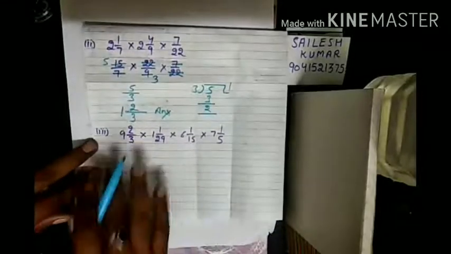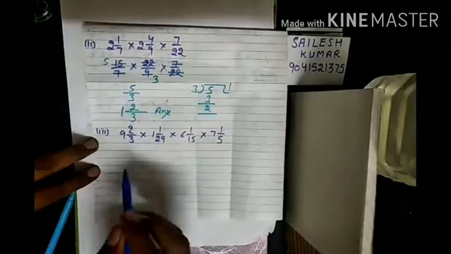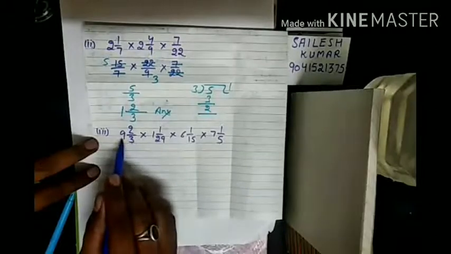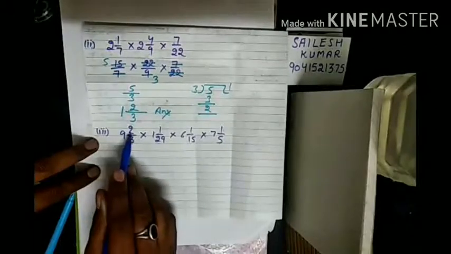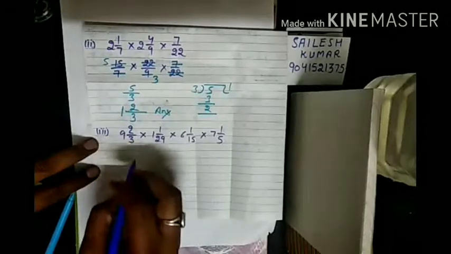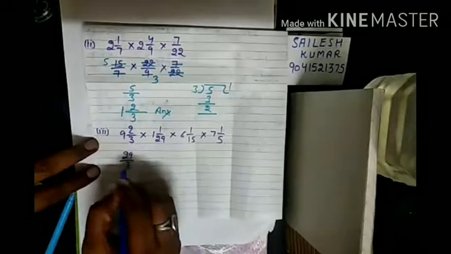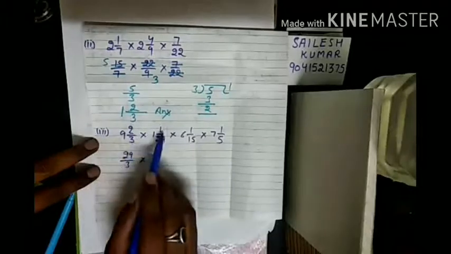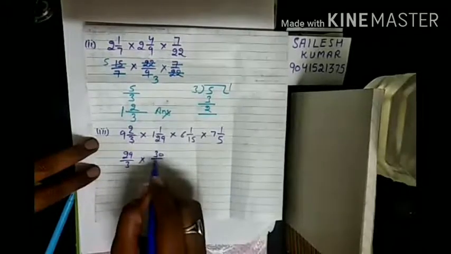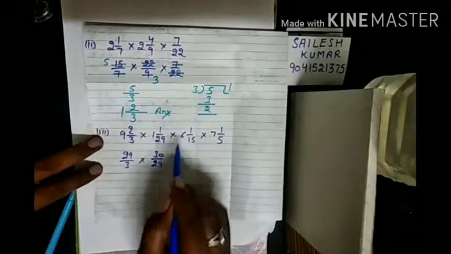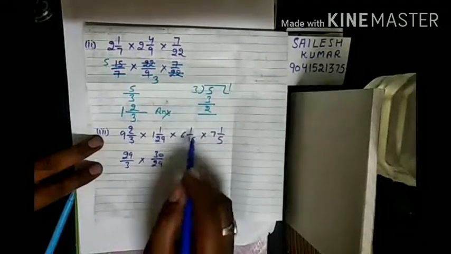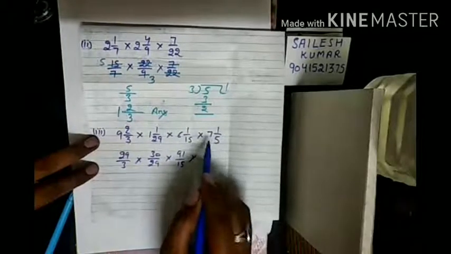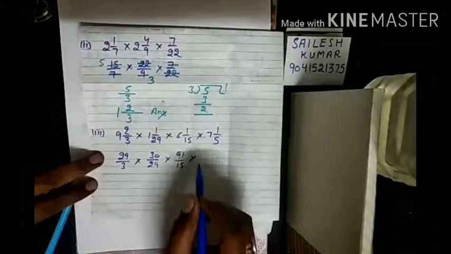Again the third part is there. In this third part, first of all we will convert the mixed fractions into improper fractions. So 3 multiply 9, 27. This 27 will be added to 2, 29. So I will write 29 over 3. Now 29 multiply 1, 29, and added to 1, that is 30. 15 multiply 6, 90, 90 plus 1, 91. 5 multiply 7, 35, 35 plus 1, 36.